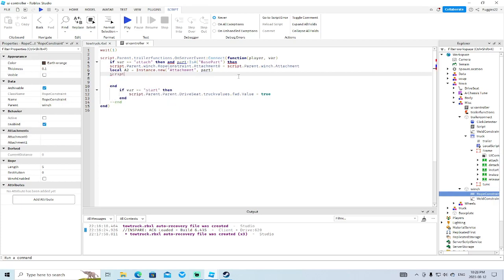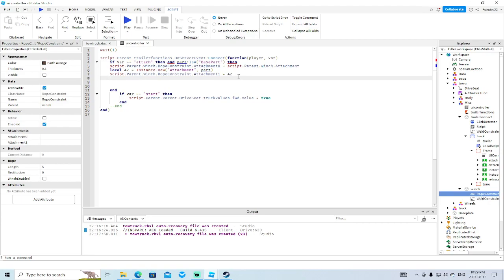All right, so let me go script.Parent.Winch.RopeConstraint.Attachment1 equals A2. This is the attachment that we'll be creating on the vehicle. Then we want to go script.Parent.Winch.RopeConstraint, and now we're going to set the variables for the rope constraint. We would say .Length equals